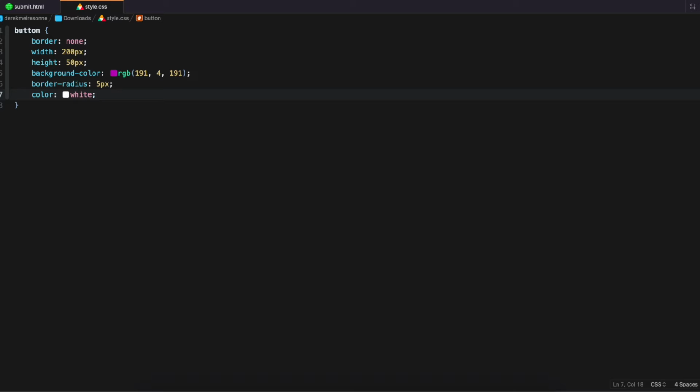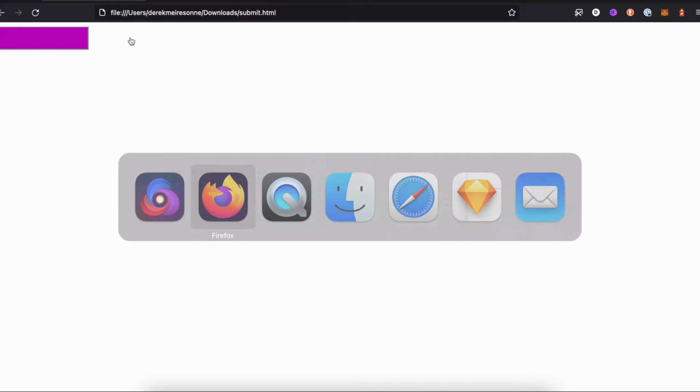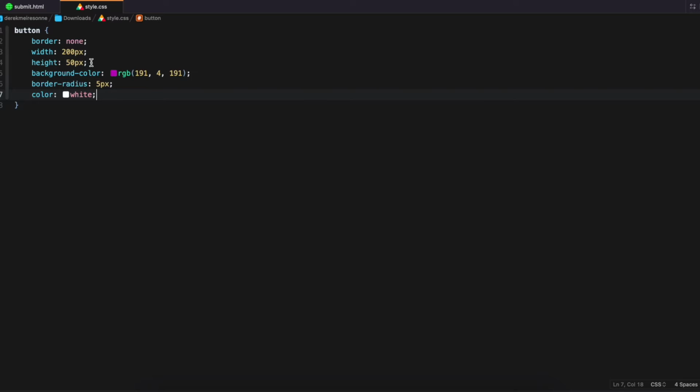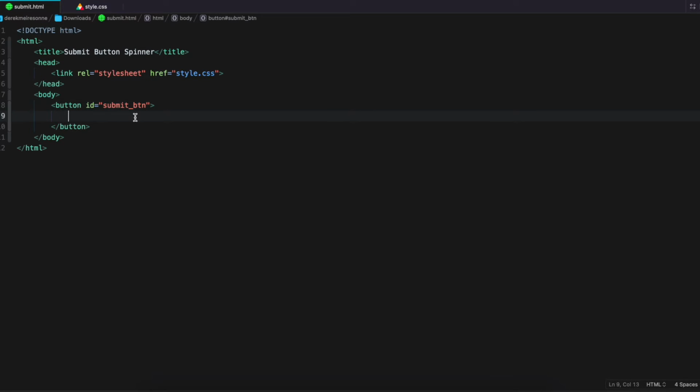Color of the text, we're gonna make white, I think. Yeah, that sounds pretty good. All right, let's go ahead and refresh that. Yeah, it looks a lot better. Looks great. All right, so let's jump over to our HTML file here and add